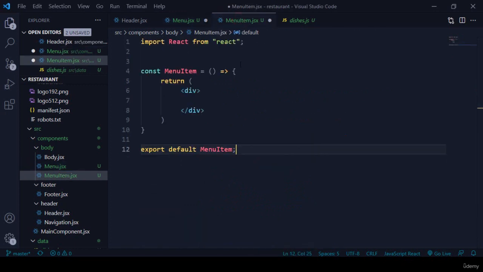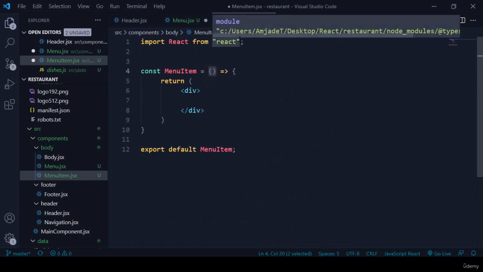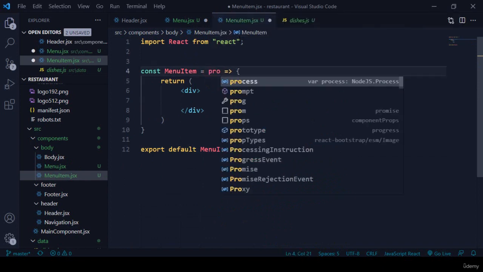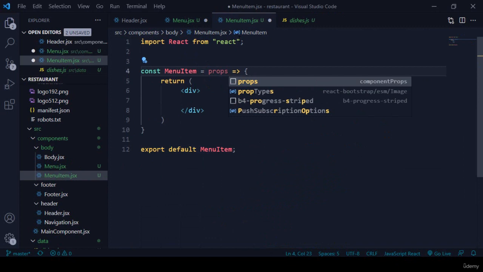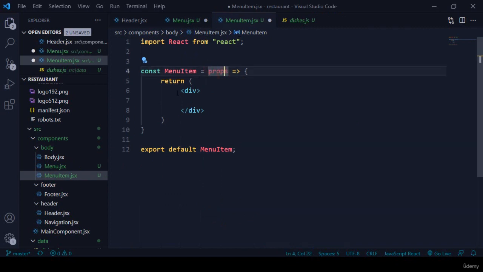Now go to that menu item. So here we have to load this props data. There is only one parameter. I just name it props. Okay, that will be the props data. So I simply added that props, right? That is our props data I simply loaded, and into the return here also we have to return